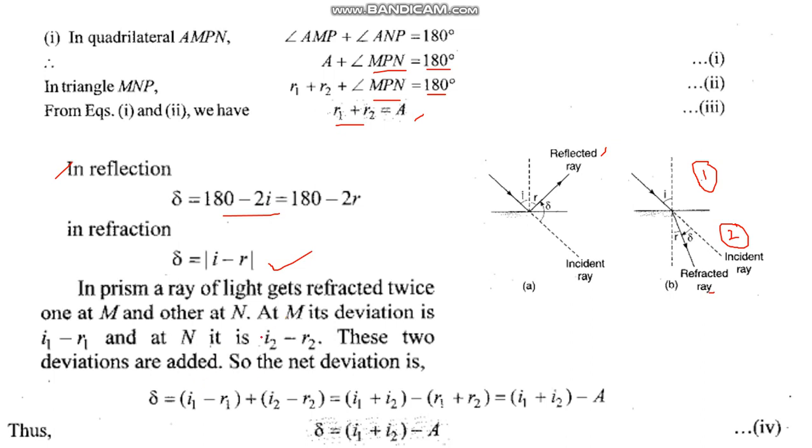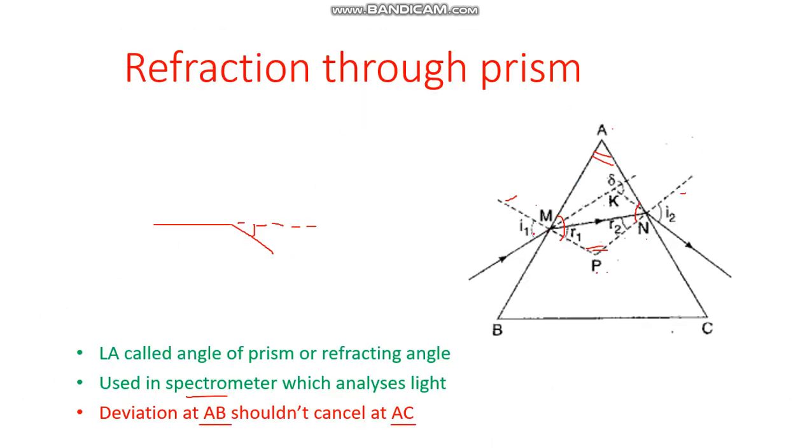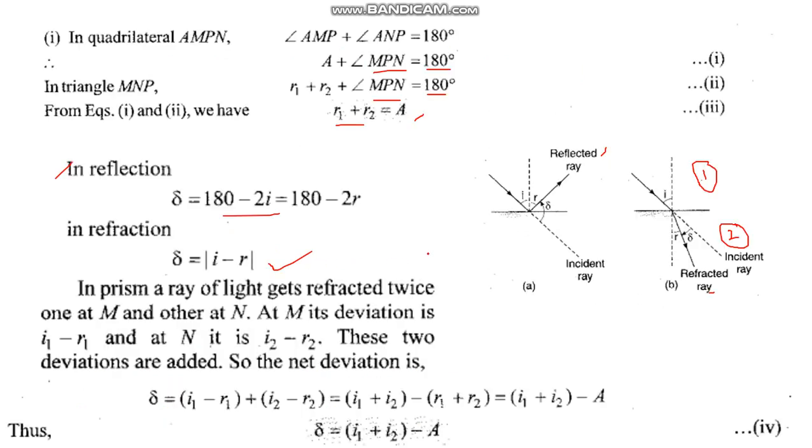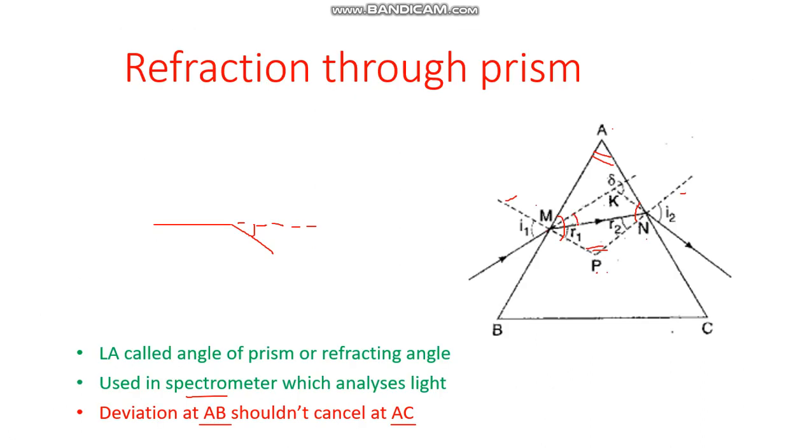We have discussed in the previous slide that the ray is entering here. You have the I1 and R1 situation and the R2 and I2 situation. Because of this, you get this angle of deviation and another angle of deviation, which is this. Now consider this small triangle, and call this point P dash. So P dash MK, this angle plus this angle will be equal to the overall deviation delta, you know, the exterior angle concept.